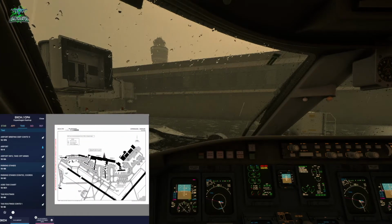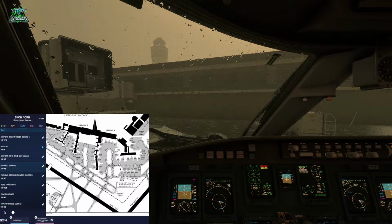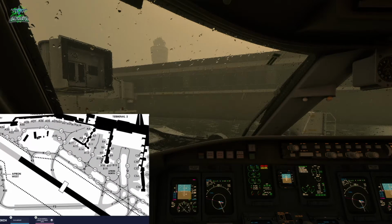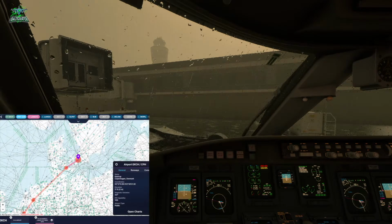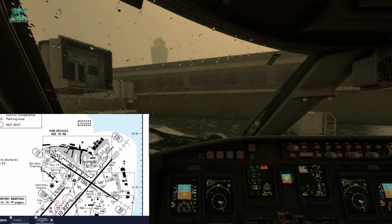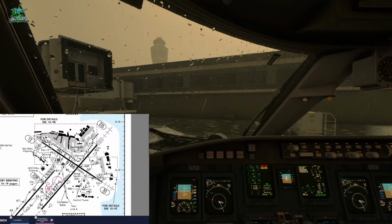And we need to get from... So we're going to taxi... This taxiway is Mike. And then we've got Yankee and Zulu going in either direction. So once we get onto Mike, where do we go from there? Okay, so we're up here. And we need to get...